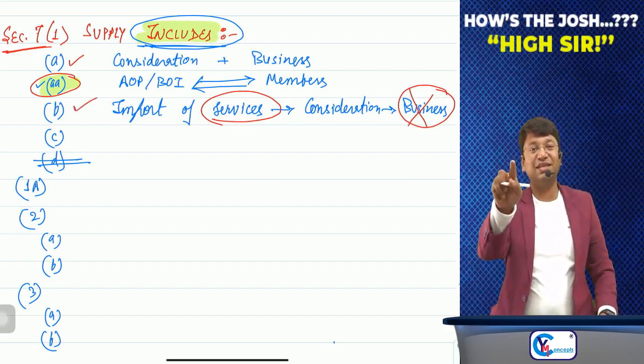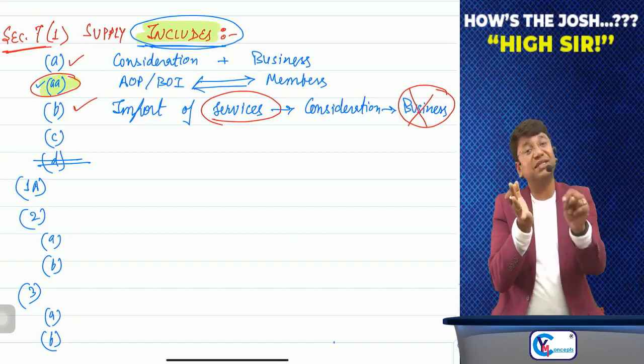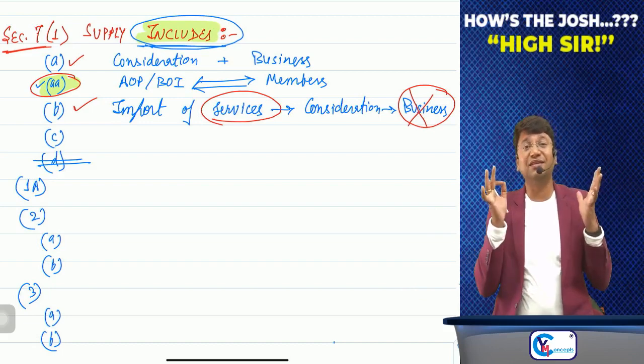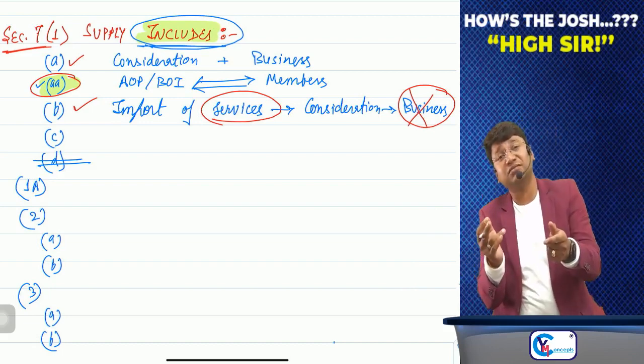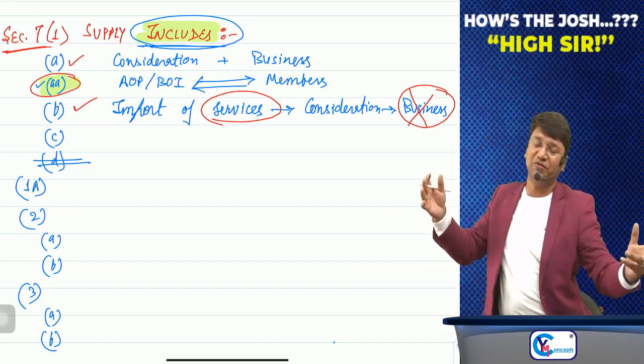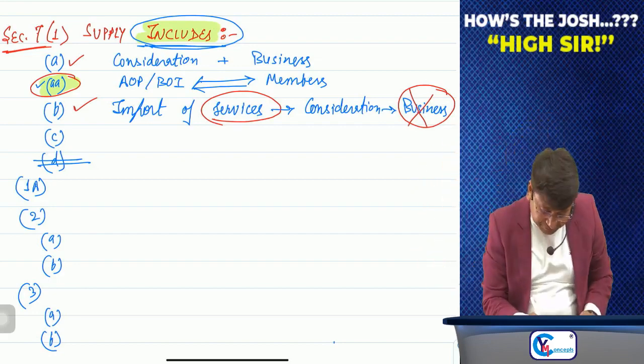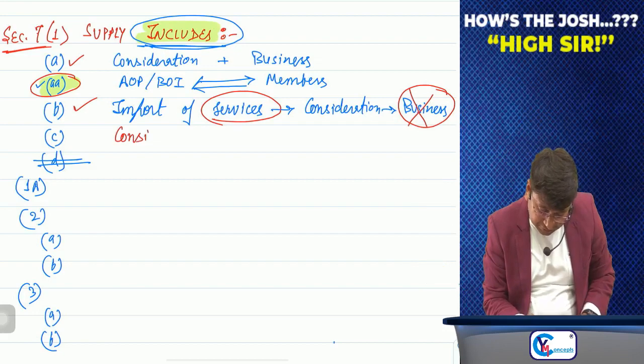See, clause number A says that it should be for a consideration plus it should be in the course or furtherance of business. Clause number B says that import of services for a consideration, whether or not in the course or furtherance of business. Clause number C says that don't worry, even if the transaction is